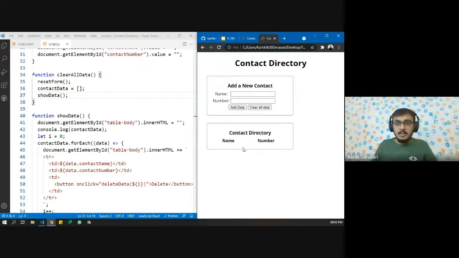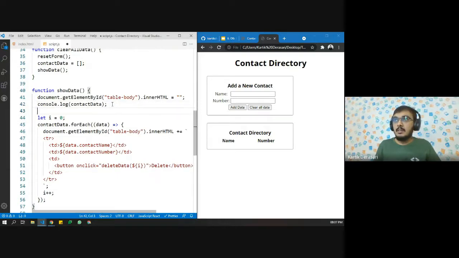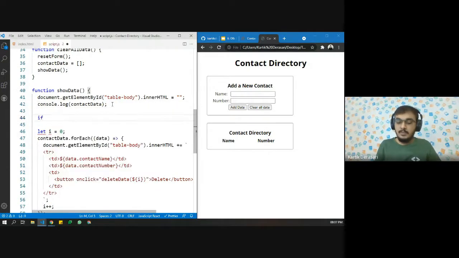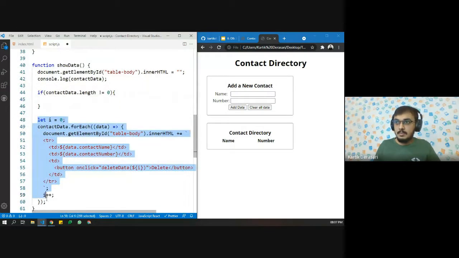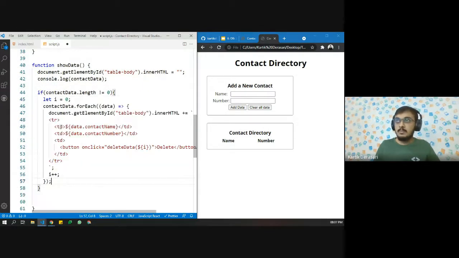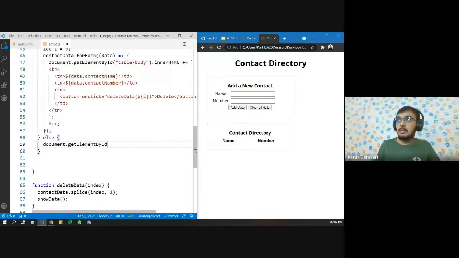One thing is remaining, we do not have the no history found thing, right? We do not have no history found. So let us here also add one validation. Let's say if contactData.length is not equal to 0, then we want this function to be performed, or else we simply want to pass document.getElementById